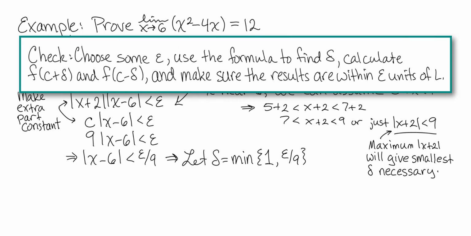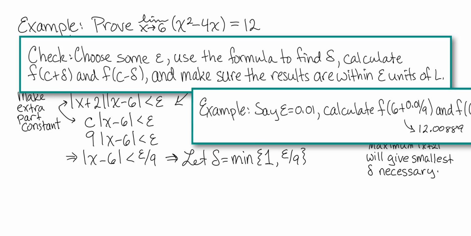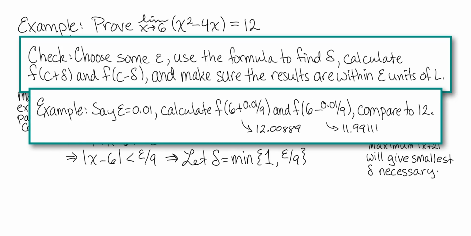One thing we can also do is check our answer by choosing some value of epsilon and then using our formula to find delta. We can calculate the y values when x equals c plus or minus delta. And then we make sure that those y values are within epsilon units of our limit. Say, for example, we had epsilon equals 0.01. If we calculate f of 6 plus 0.01 over 9, so that's 6 plus delta, where delta is epsilon over 9. If we calculated that, we would get